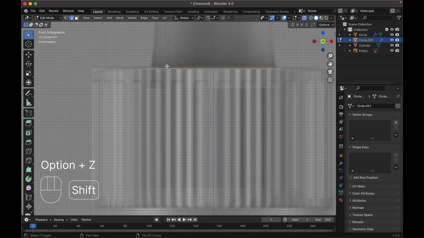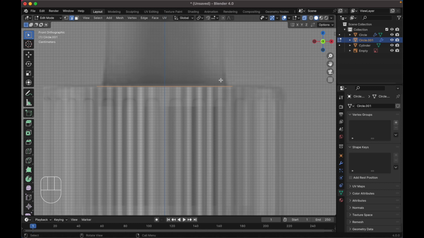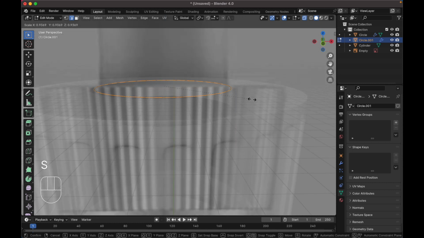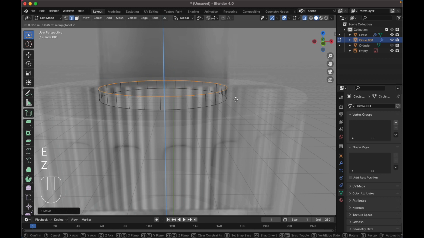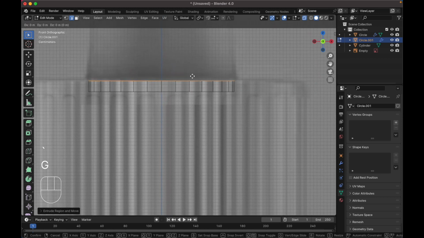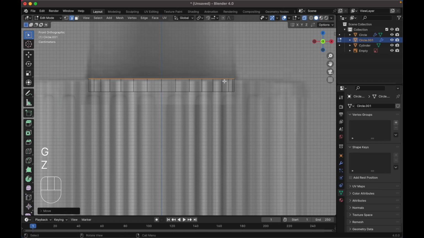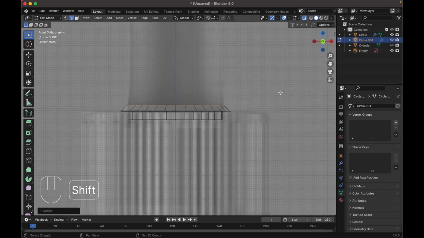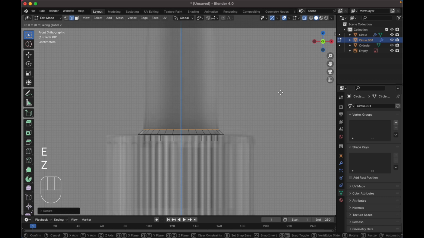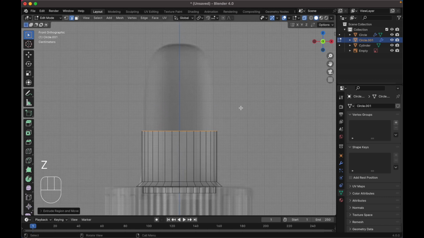Alt Z to X-ray view, scale this down, press G, move it down here, press E, Z, like this, move it a little bit, again, like this, press E, S to scale, like this, press E again, Z axis, move it up, scale it down, and press E again, Z axis, move it way to the top,